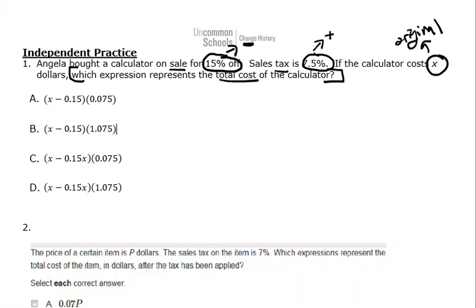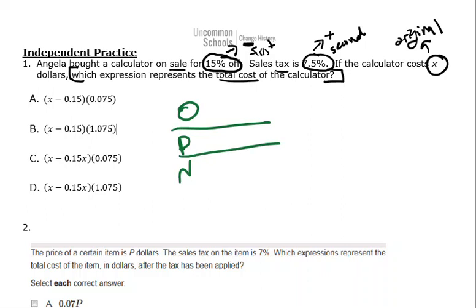Okay, and when I go back here again, I know that I do a discount first. So this is going to be the first calculation, and I do the total cost with the tax. That's my second calculation. All right, so I'm going to make 2 OPN charts. I'm going to do those in different colors. First, I'll do my discount OPN. All right, so the original price is X. My percent is minus 15%, which means that my new is going to be X